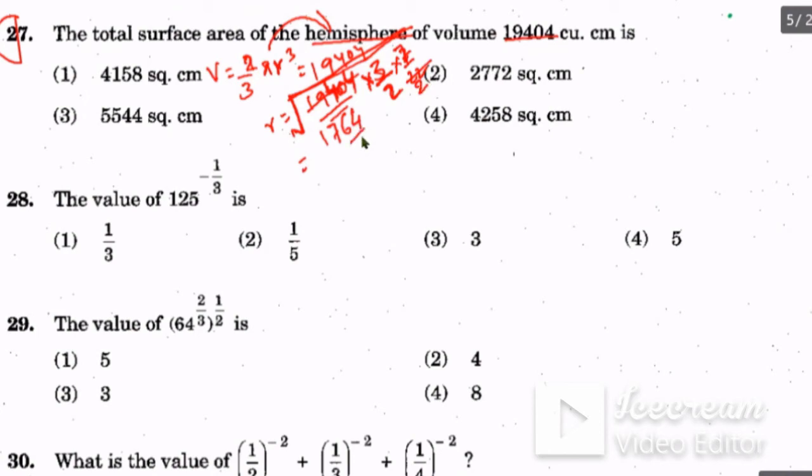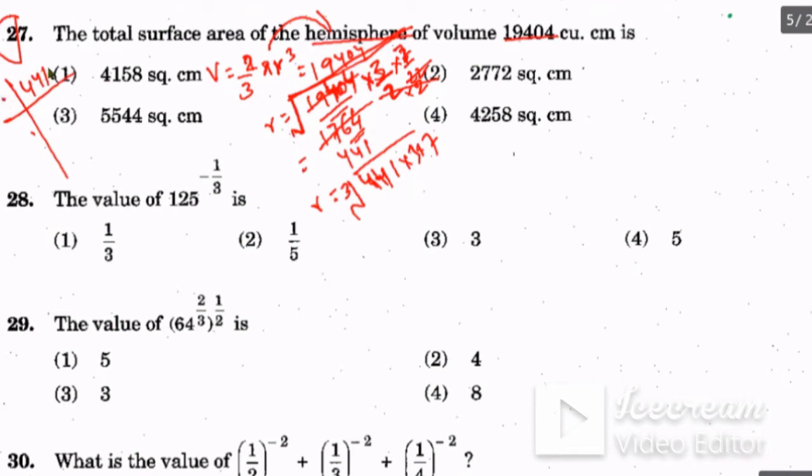Now here it is 64. This will be cut by 2 to the 4. So this 2 to the 4 will cut this one: 4 2s are 16, 4 1s are 4. So now you have 441 into 3 into 7. Okay, r is equal to like this, the cube root. If you divide 441 again, and you don't know how to find the cube root, then you have to do prime factorization.